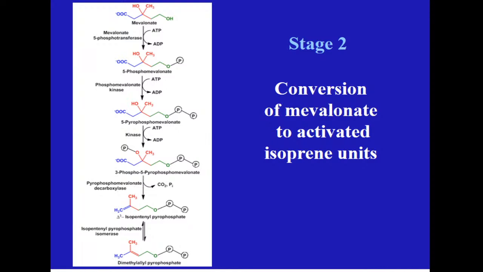Mevalonic acid will be at first activated. Look, again, phosphorylation is used for the activation of this 6 carbon unit 2 times, to obtain pyrophosphomevalonic acid. Pyro means diphosphate. Then a special kinase converts it to the 3-phospho-5-pyrophosphomevalonate. So to activate this 6 carbon chain, 3 ATP